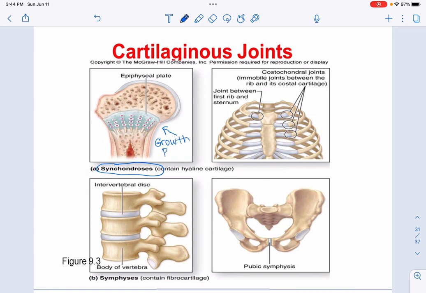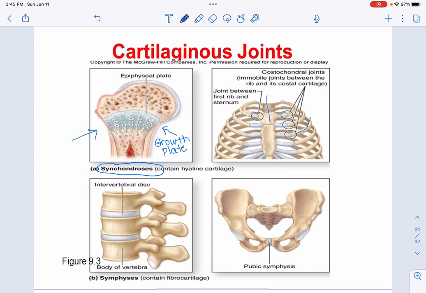That is where the epiphysis and the diaphysis join together. So that is an example of a synchondrosis joint. The second place that you could find this type of cartilaginous joint is that the ribs attach to